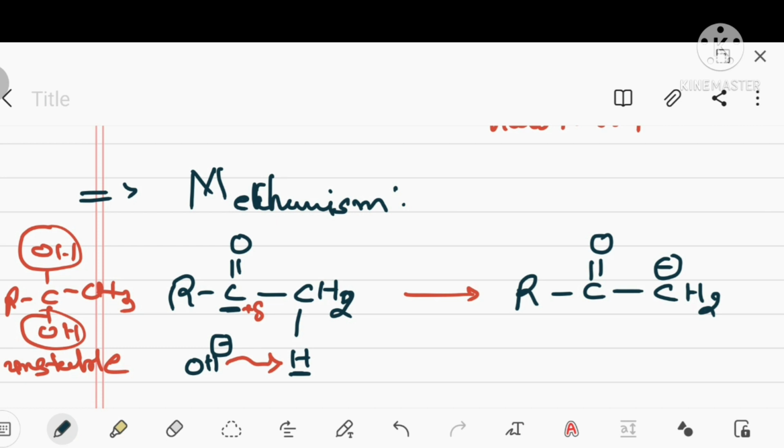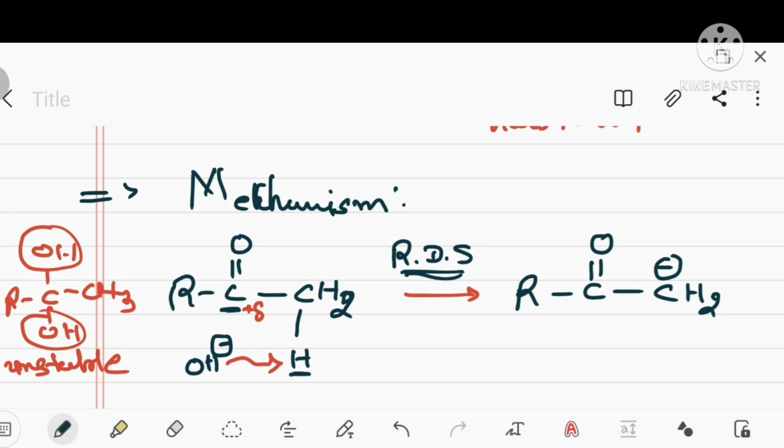I think all of you are able to know this thing. Okay, and it is our main step, the slowest step as well as the rate determining step. So for some of the questions that I will mention later on this topic, it is the most important concept.